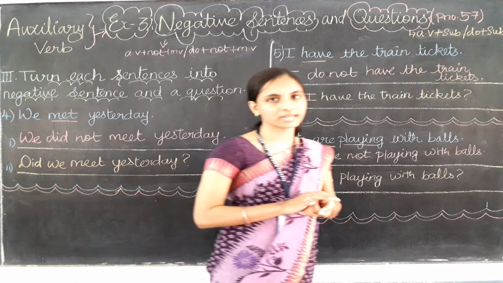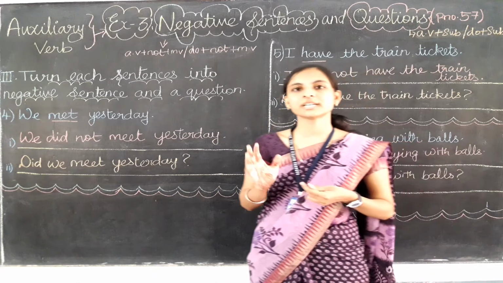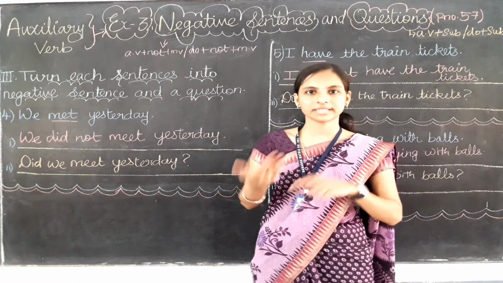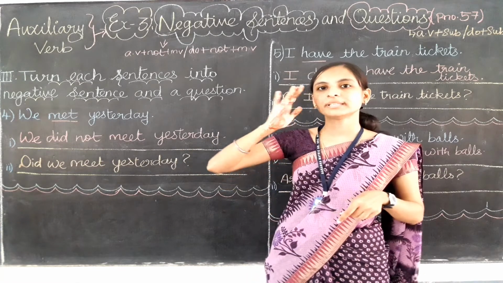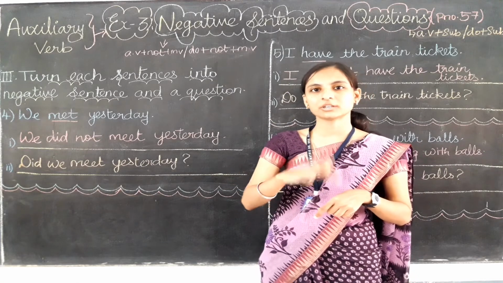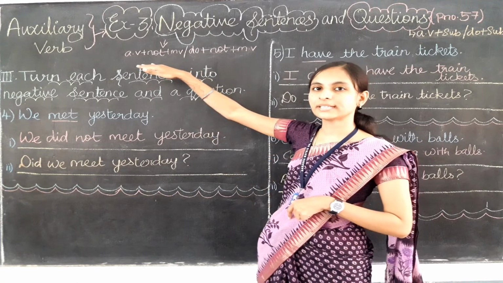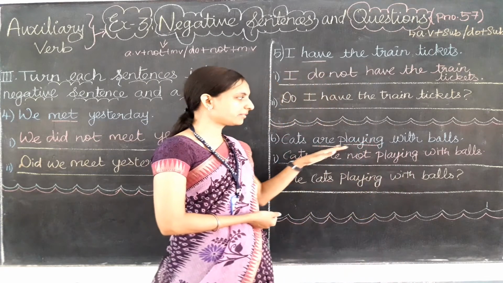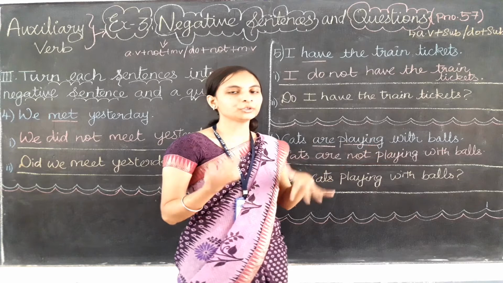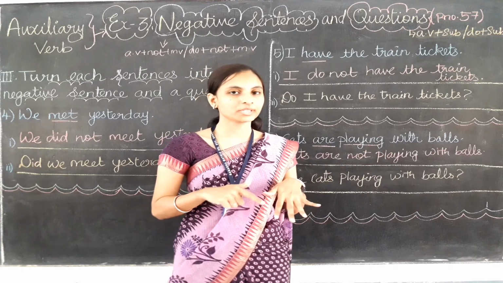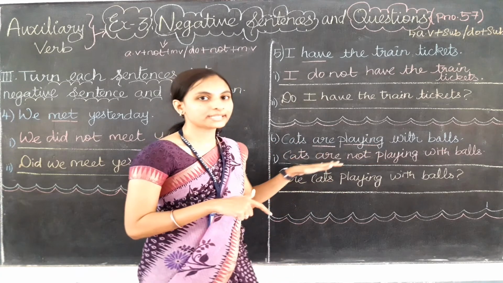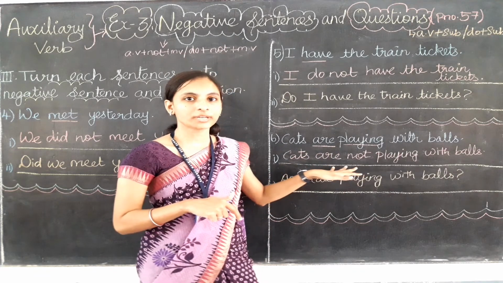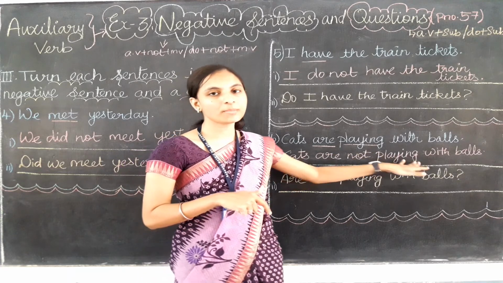So I hope you are clear with this video, children. In the previous video we have already done 3 questions, and in this video we have done the remaining 3 questions. Remember that when you are trying to make a sentence negative, you need to apply this rule: if a sentence contains the auxiliary verb as well as the main verb, what do you need to do to make it negative? Yes, you need to write the subject first, then the auxiliary, and then you have to write not. Then only you need to write the main verb and all other words.